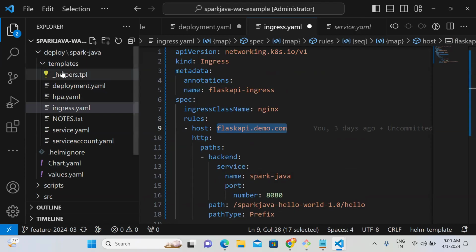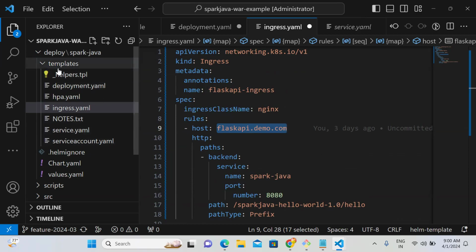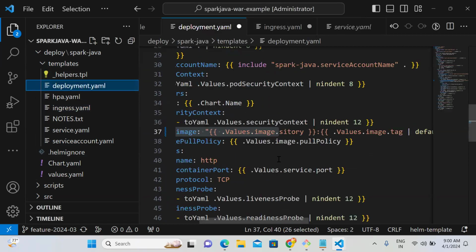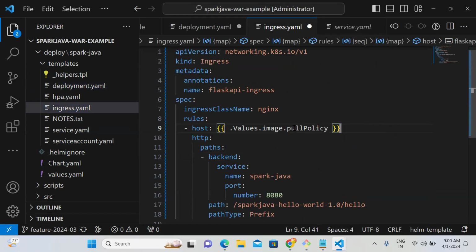the Helm chart. Let's say for example, the same YAML you want to deploy across environments: dev, stage, pre-production, production. The same Helm chart I can use by overriding this value. What we will do is bring this values keyword, we'll get it from the values.yaml. Ingress here, I'll say that